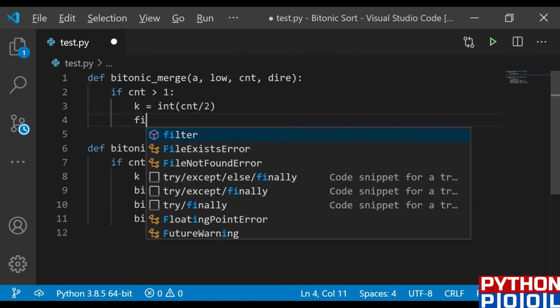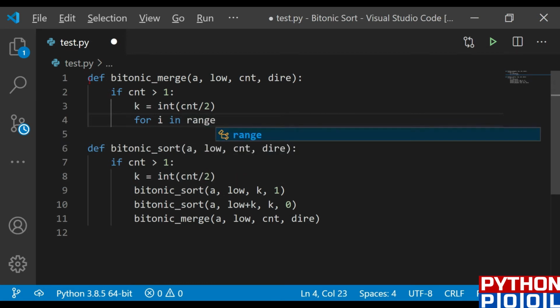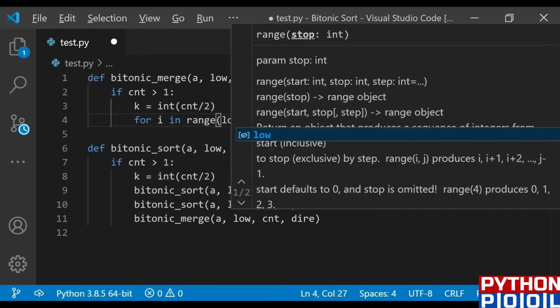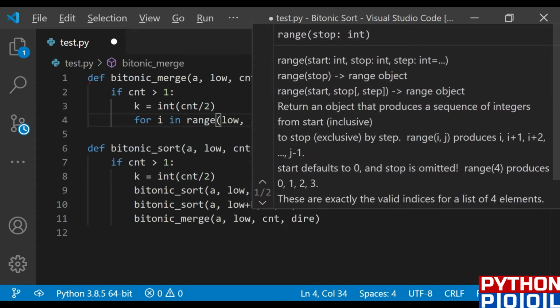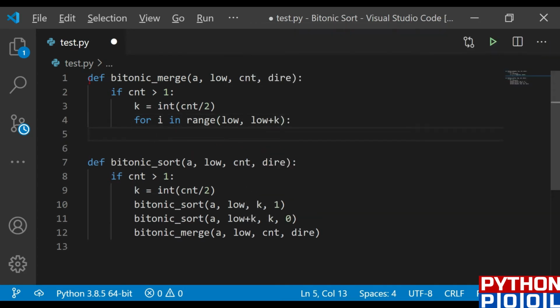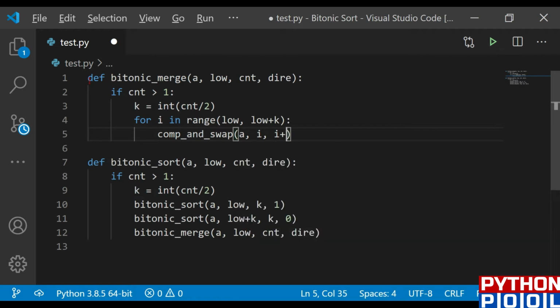Now for I in range, and the range would be low to low plus K, the first part of the list. I'll call the compare and swap function, and would compare and swap the values accordingly. I'll pass the list, the I value, the I plus K value, and the direction in which I need to compare and swap.